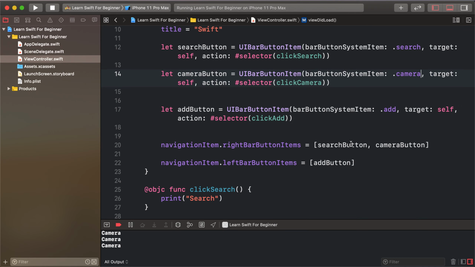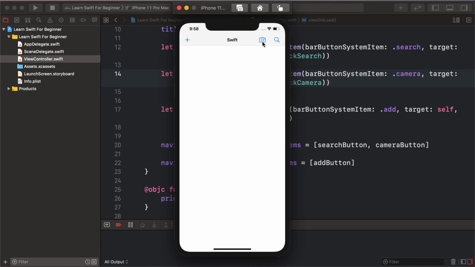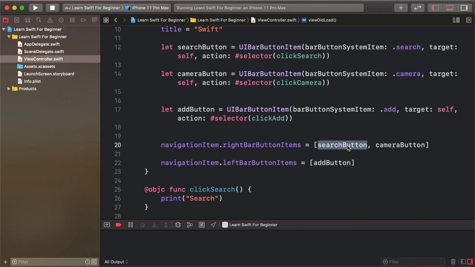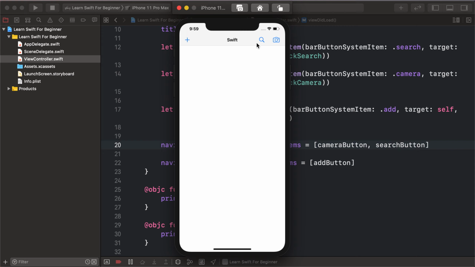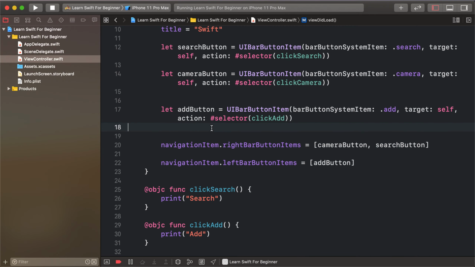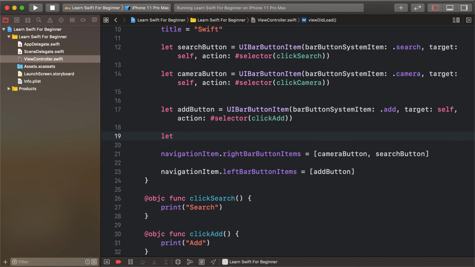and changing order. Currently this is first camera and second search as per your position in the array. So changing this order changes our position in the navigation bar. So first search and second camera, and this another, this menu